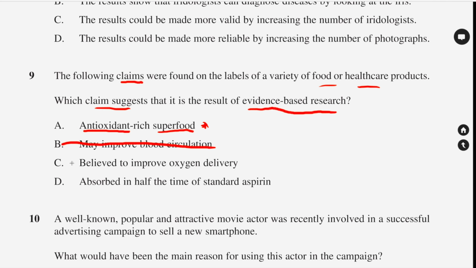C, believed to improve oxygen delivery. Well, belief is not something we're looking at here. Now, let's look at D, absorbed in half the time of standard aspirin. Now, that sounds like a really good answer. Absorbed in half the time. By giving you a quantitative value, even though we're not giving you the actual thing there, that suggests that there are some experiments that have been done on it. So in that case, we can say, well,